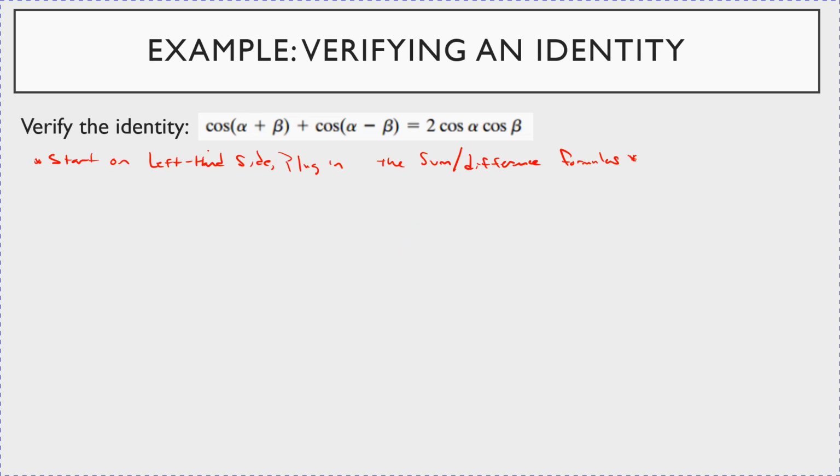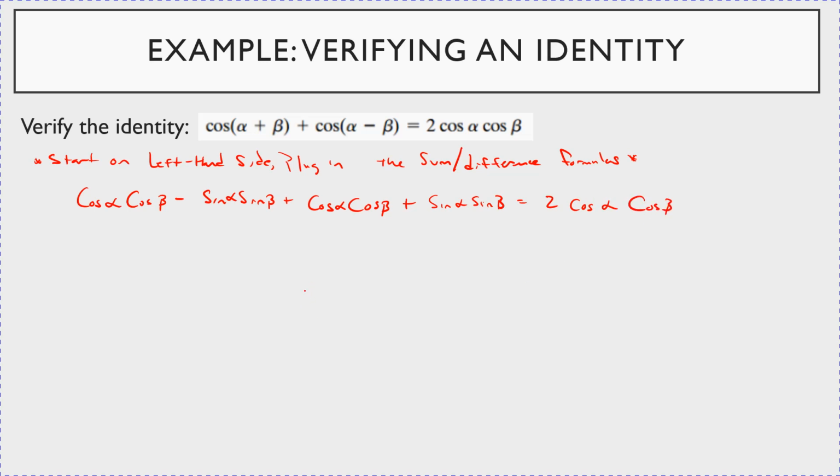All right, so cosine of alpha plus beta becomes cosine of alpha times cosine of beta minus sine of alpha sine of beta, plus, now substituting in for this, cosine of alpha cosine of beta plus sine of alpha sine of beta. And you're going to notice immediately that's going to just simplify to 2 cosine of alpha